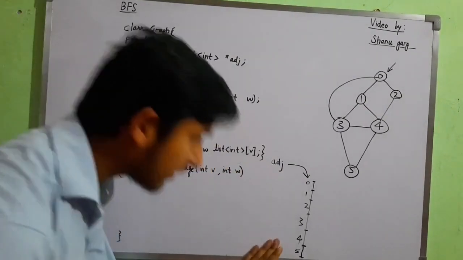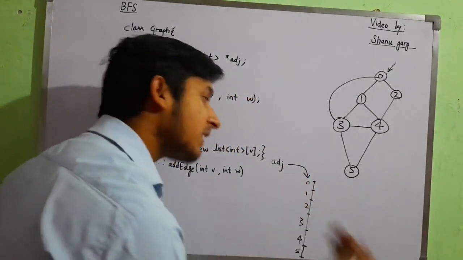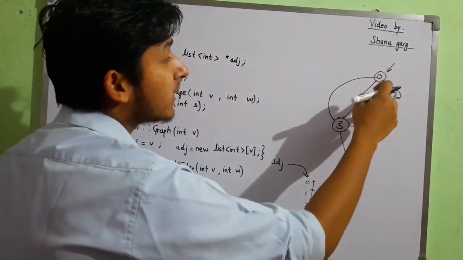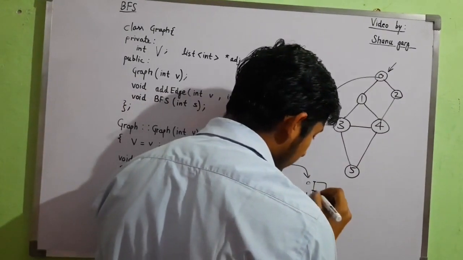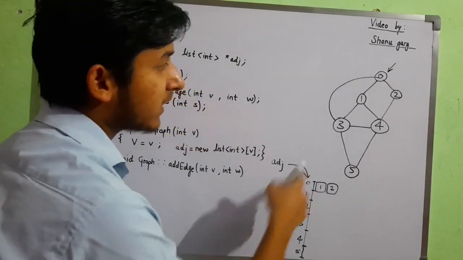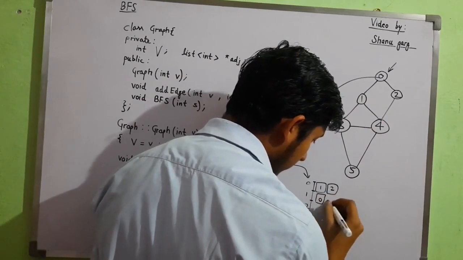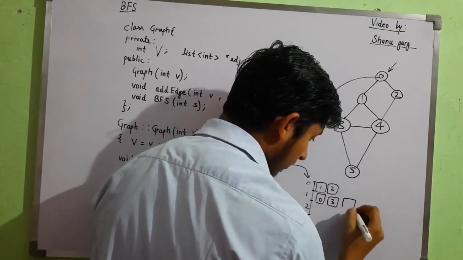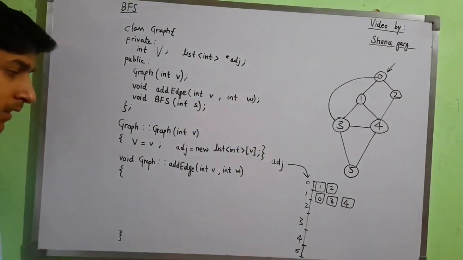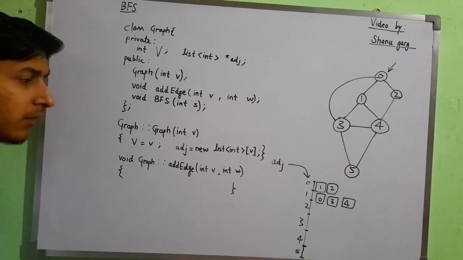So actually this is the list, and this is not just a list, it's a list of lists. Suppose 0 is connected to 1 and 2, so it will store 1 and 2. 1 is connected to 0, 3, 4. We will fill this by just one line. Simple. The thing we have to do is